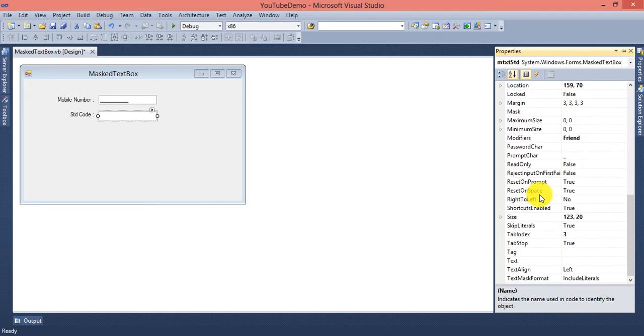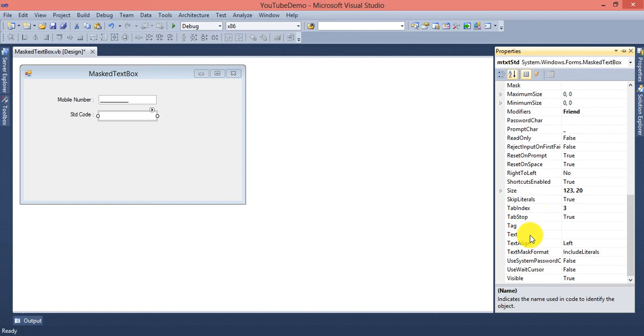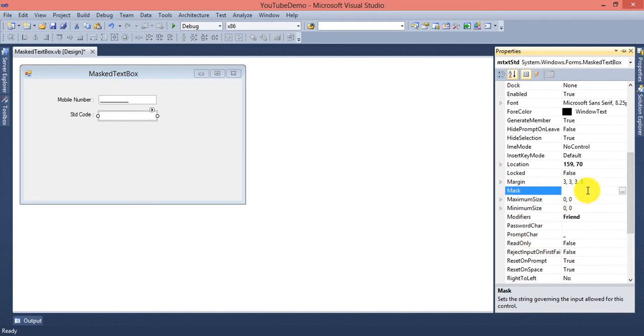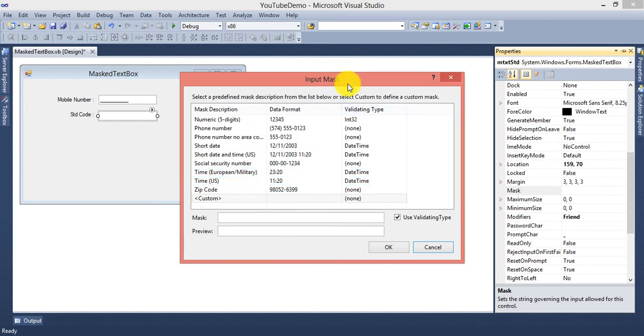And now here, where is the mask, okay, the mask property. Here in my city currently the STD code is 5 digits, and then my landline phone number is 6 digits, so I'm setting it for that.